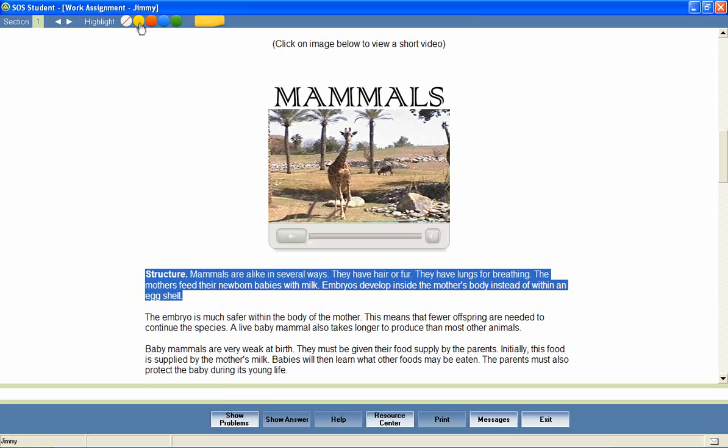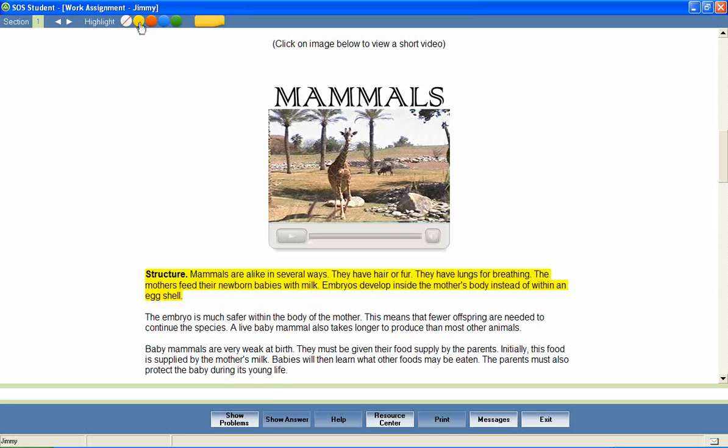An effective study skill that students should be encouraged to use is highlighting. Just as one would highlight portions of text in a traditional textbook, students can highlight text in their Switched On Schoolhouse lessons. Simply select a portion of text and select a highlighter color from the choices at the top of